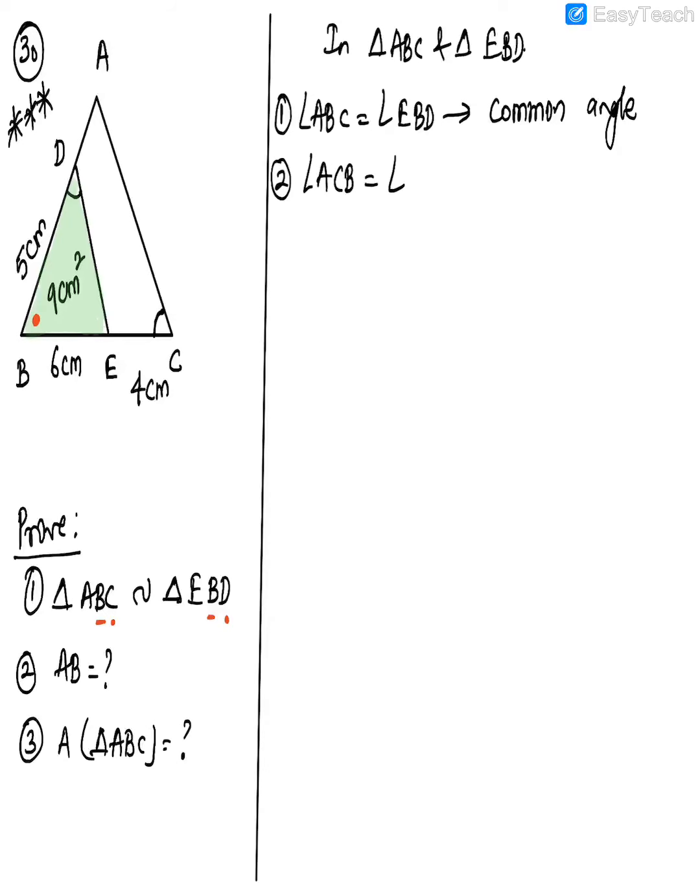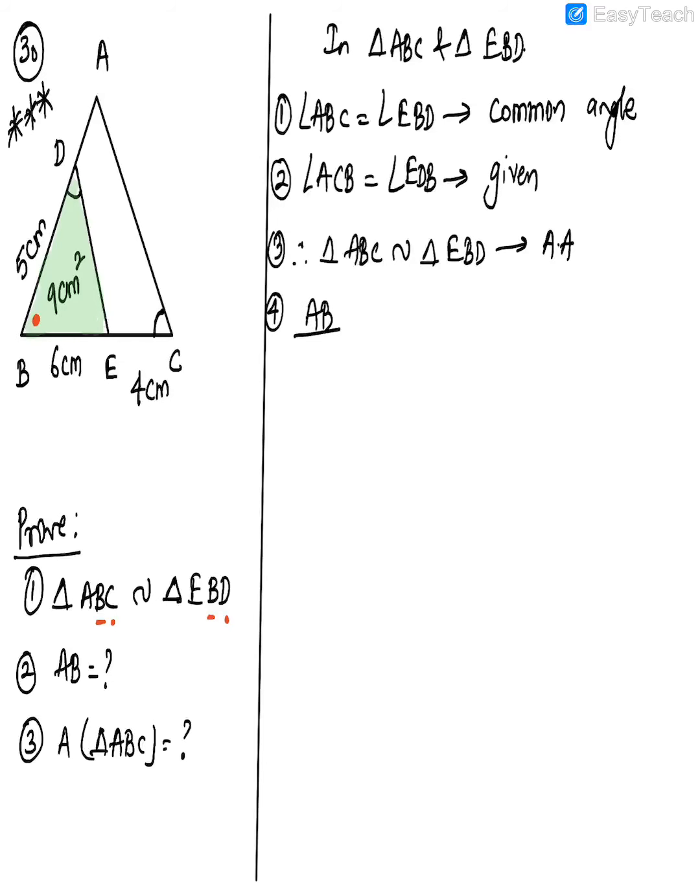Now after you prove these two triangles are similar, let's write the corresponding sides. We'll write only those sides which we know and those which we have to find out. So I'll first write AB here. If I write AB here, I need to write what there? EB, because I have to find AB, so I chose that one side. Then BC is given in the question, so I'll write BC upon BD. Then is equal to CA. Now CA I don't need in the question, so forget it, I'll not write that. Again, if you remember, what's the reason? Corresponding sides of similar triangles are in proportion.